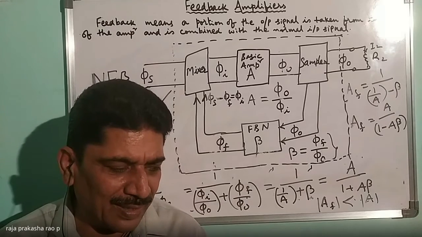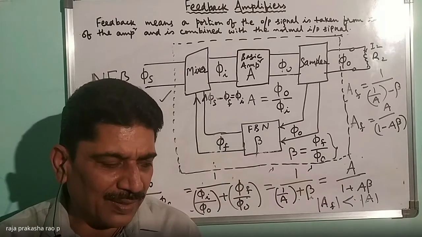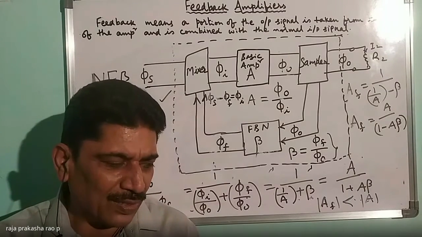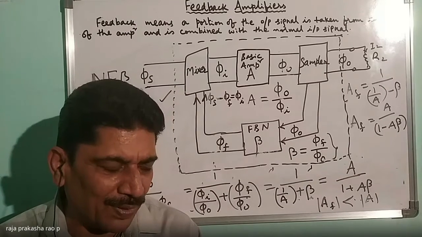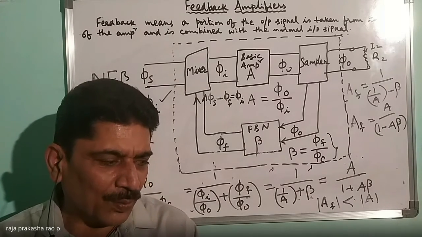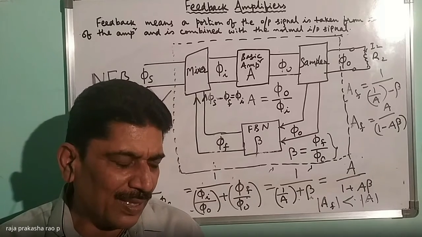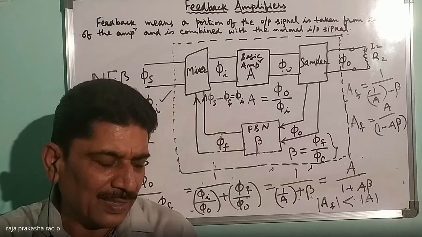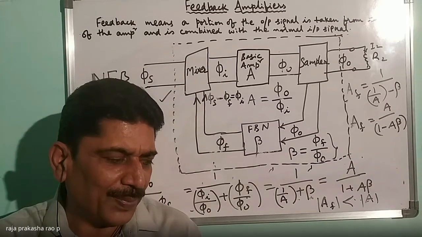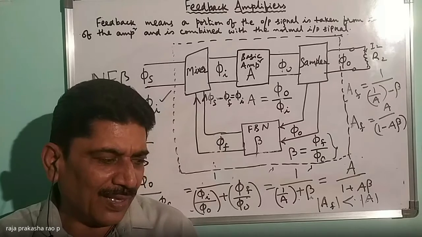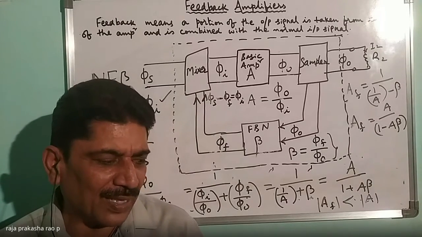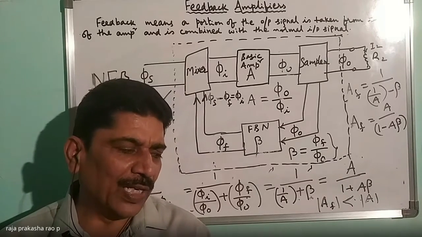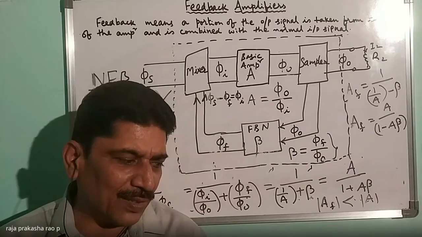Beta into 5, and the beta value will be always some value like 0.01, 0.02, 0.03. So in that way we are collecting a sample or a portion of the output signal. Portion కావాలంటే just multiply it by a fraction part. దాన్ని కట్ చేసుడే కదా శాంపుల్ అంటే. మనకు బ్లడ్ కావాలంటే with the syringe we take some sample from the blood vein. అలానే we want some sample of this output signal. Complete output signal is 5, so we need only a sample of that. How to get that sample? You multiply with beta and then assign that to 5F.